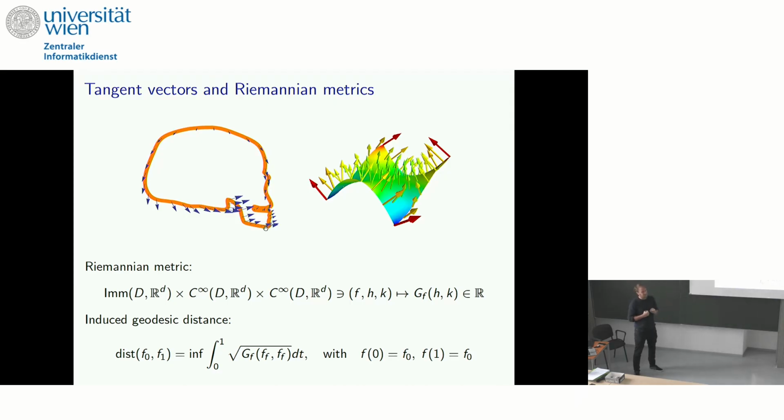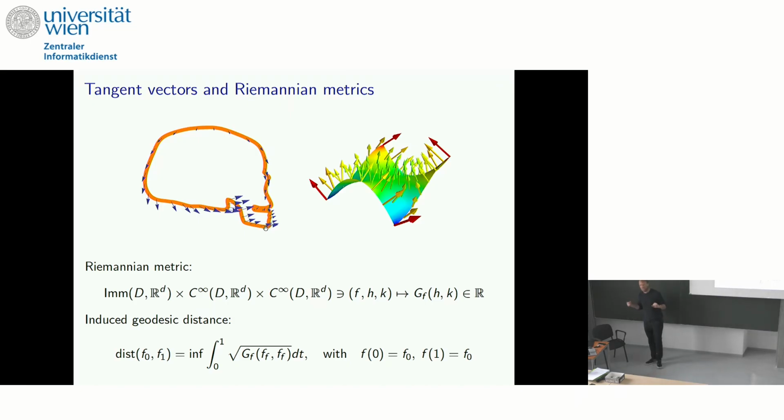And here we see two examples, namely a curve on the left and the tangent vector to a curve. It's the most natural thing we could think of as a tangent vector to this curve. It's a deformation vector field that sits on the curve. So at each point of the curve, it gives me a deformation direction and the deformation strength. And very similar for the surface patch that we see on the right. Now we have as a tangent vector a deformation vector field that sits on my surface and gives me a deformation direction and a deformation strength.